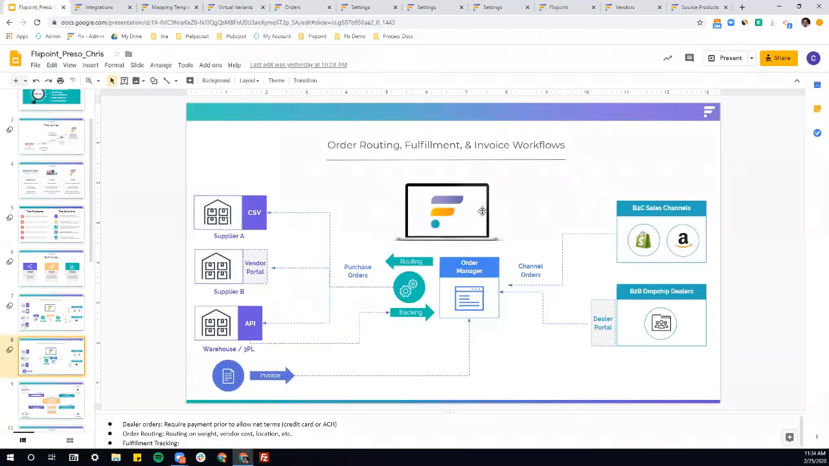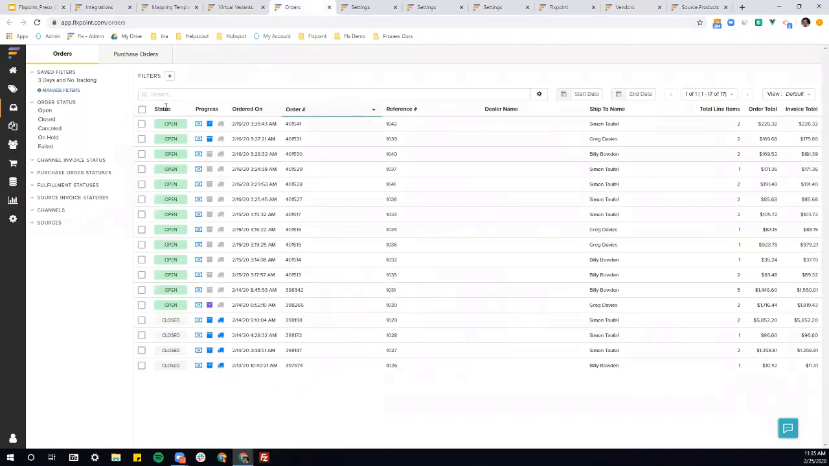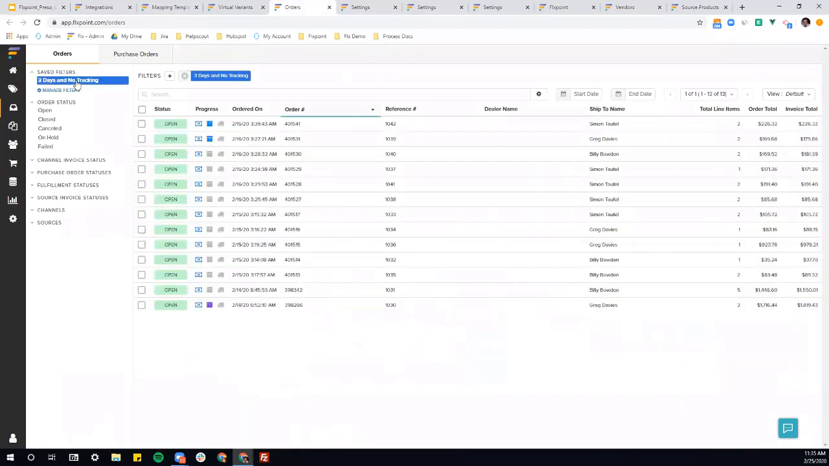Moving on to the order routing side, that order is going to flow into our sales channel, which we need to pull into our order manager dashboard inside of Flxpoint. So when we check out the order manager dashboard, you can see different filters that we can save over here on the top left. In this case, I've saved a filter for all of my orders that are older than